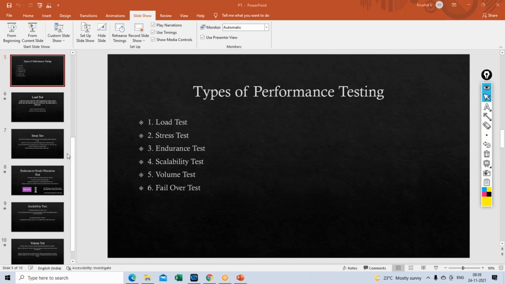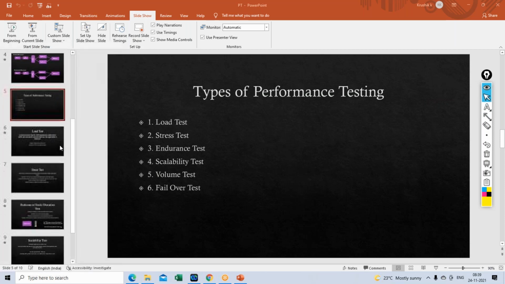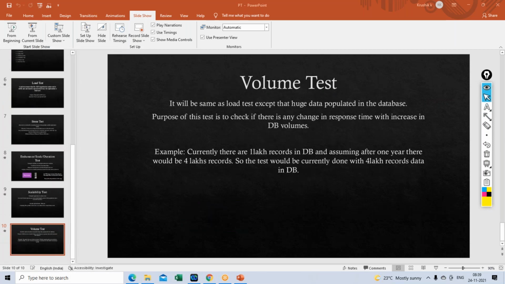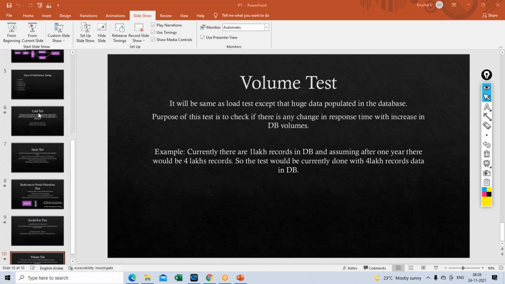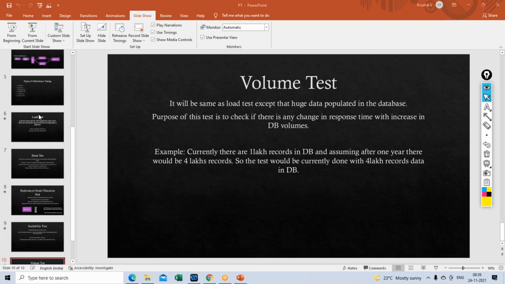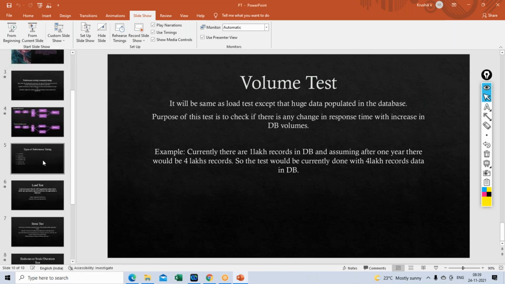Okay, so these are the different types of performance testing, and we will discuss the remaining topics in our next session, because this is only the first day, right? I just want to keep it simple and try to understand what the different types of performance testing are from a theoretical perspective. In the upcoming sessions we will discuss how these types of tests can be configured and executed in a practical way also. Okay, so any questions?